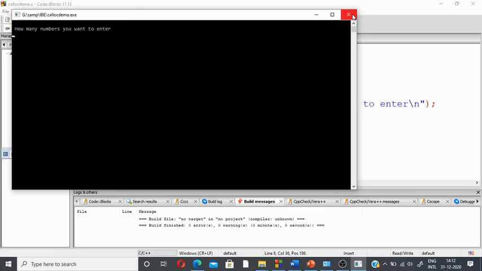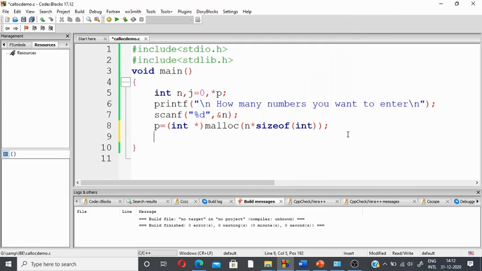So far our program is working perfectly. Now I am checking a condition as discussed. If the requested memory is not available, the malloc function returns the null value. I am checking whether it returns the null value. If p double equal to null, then what I am doing, I am printing